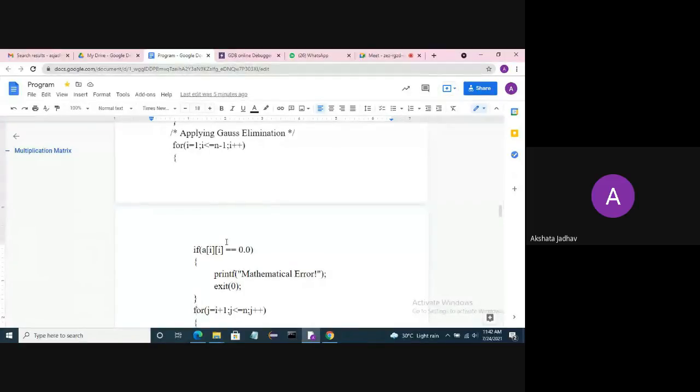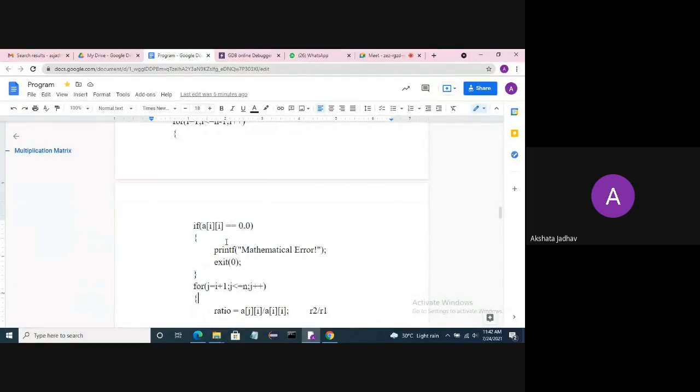If you have not inserted 0, then it goes to the for loop. It does not go into the if a[i][i] equal to 0.0. Yes, it goes to the for loop.